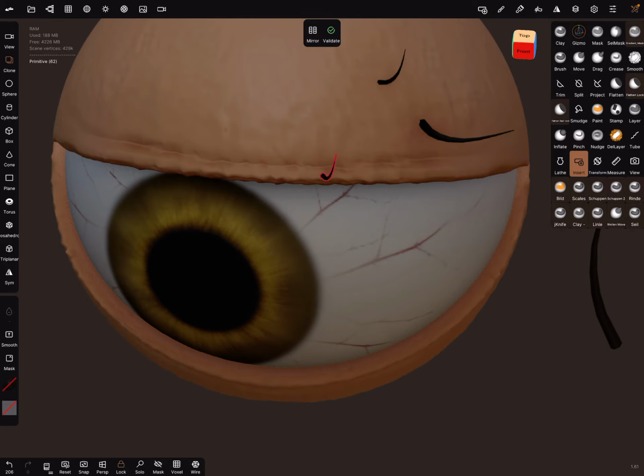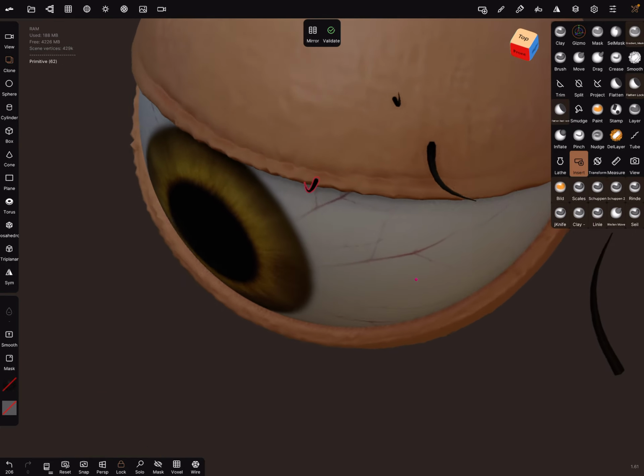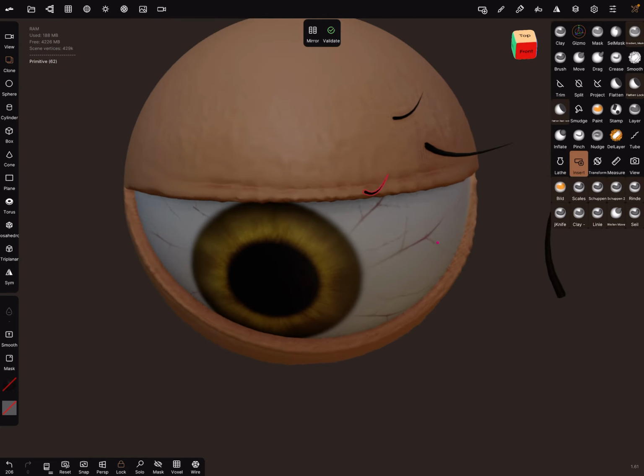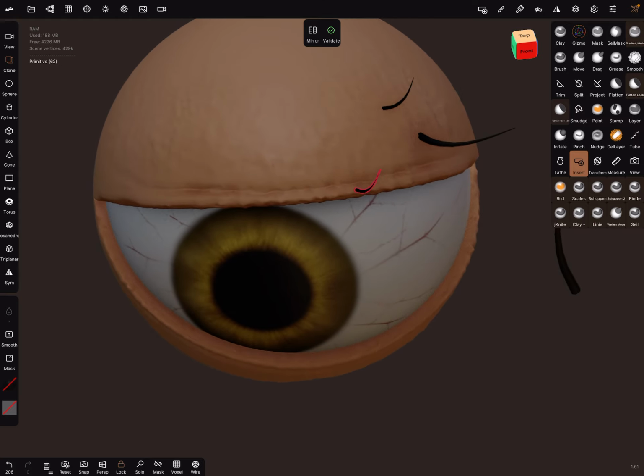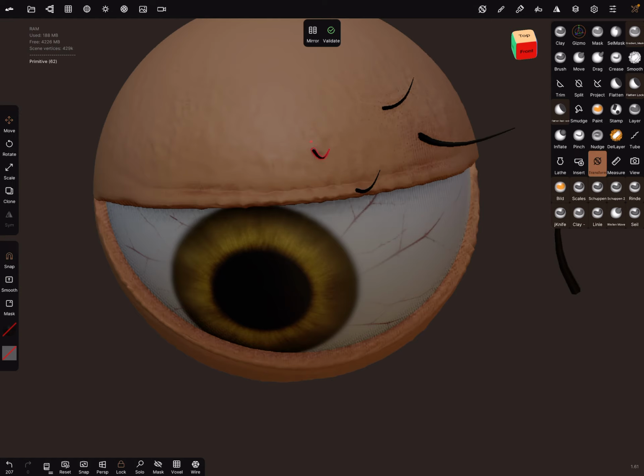And when you're fine with the rotation, go back to the transform tool and turn on the move and turn off the rotate. And now you can go back to the insert tool and test your object at the surface.